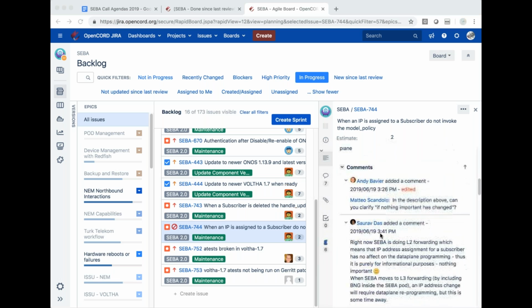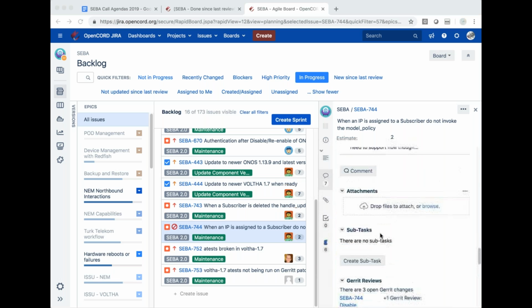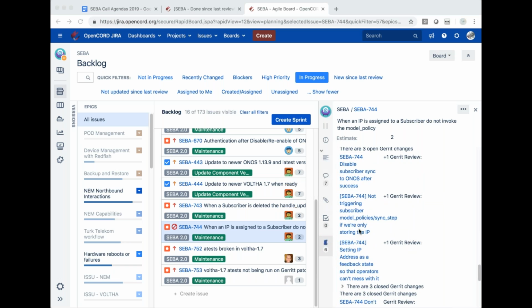One has been reviewed, the other one is still pending, but it's probably going to be merged today. Okay, that's great, Matteo. So 744 will close 743 as well. Yeah, so 743 is not actually an issue. It was just an environment thing, but it will be automatically resolved by 744. Okay, that's great.